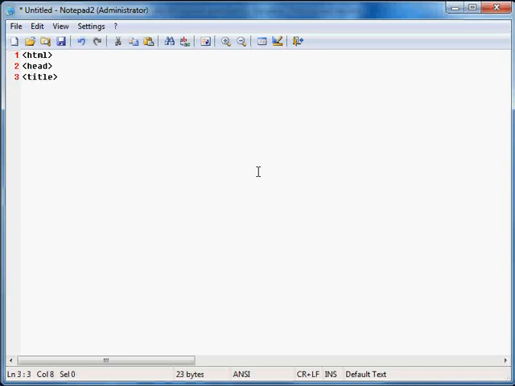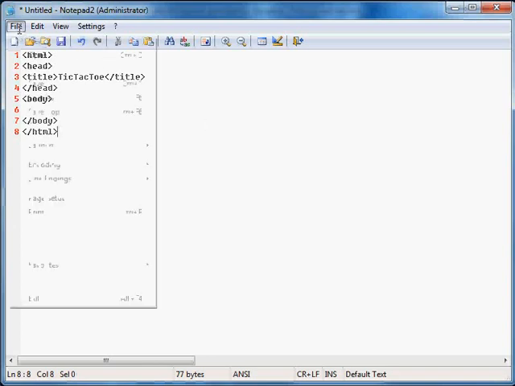I'm going to call my web page Tic Tac Toe. I'm just going to have a plain body, white background, black text. We can play around with it later if we need to. And there's the skeleton for every basic web page. Now I'm going to save that